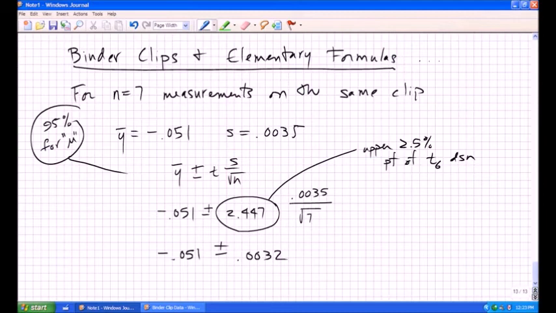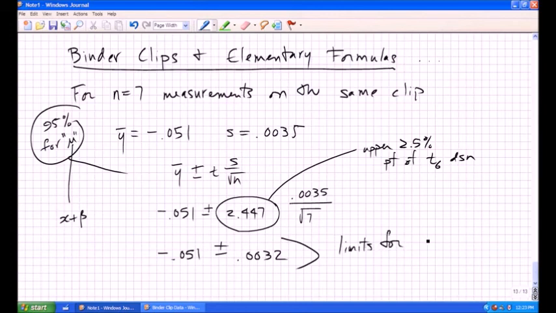Now, the question is, what have I got there in terms of, that's an interval for what? Well, it's an interval for the theoretical mean of the distribution that has generated those measurements. That is this thing, and what is that thing? Well, that thing is the measurand plus the bias. And so these are limits